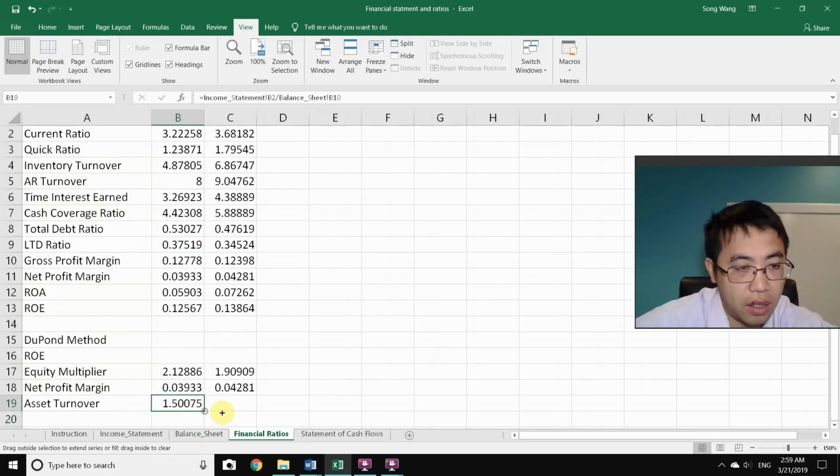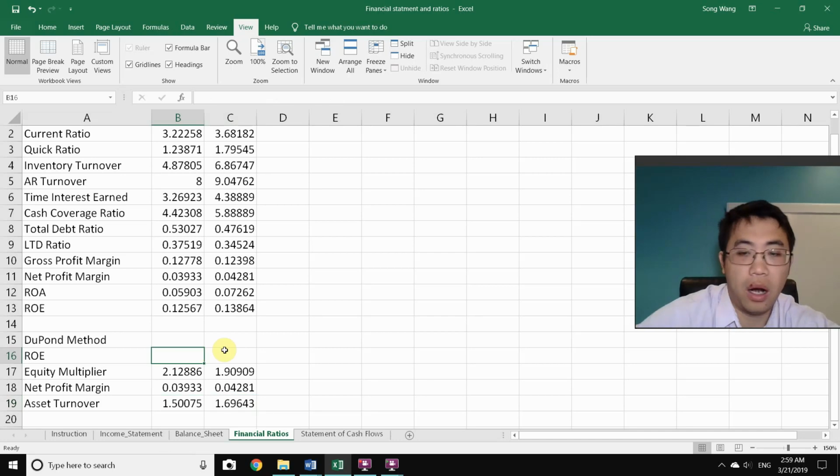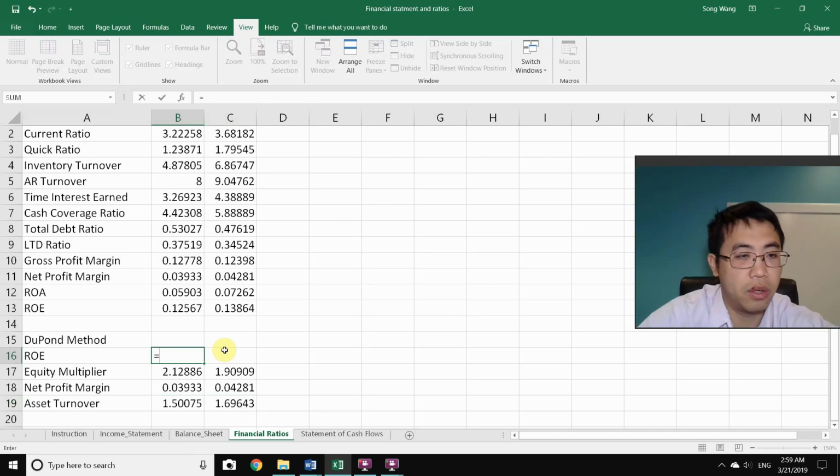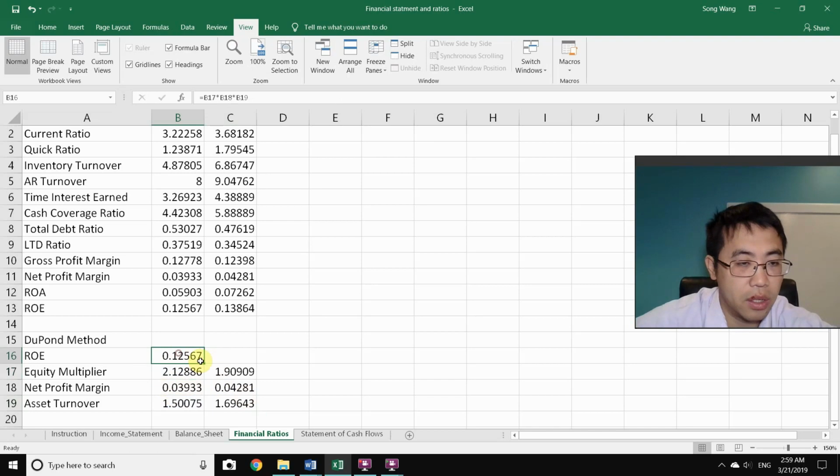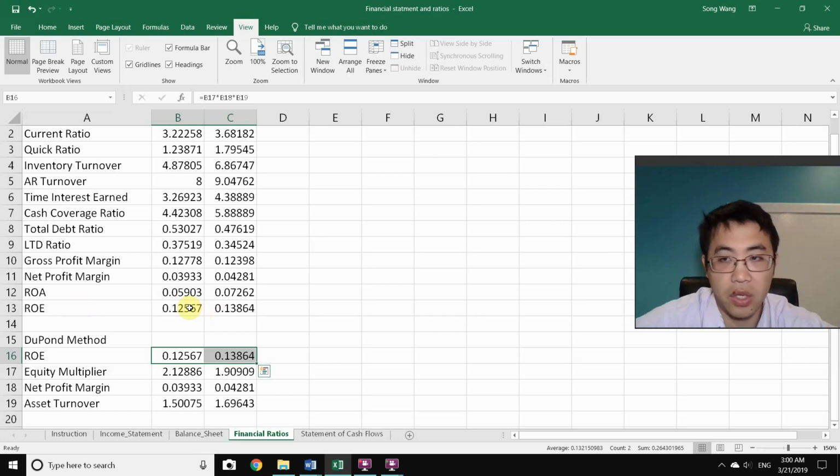All right, and the ROE based on DuPont method would be the product of the 3. Is the equity multiplier, which is a measurement of leverage, times net profit margin, which is a measurement of profitability, times assets turnover, which is measurement of efficiency. So as you can see, the ROE from DuPont method is the ROE we directly calculated from the financial